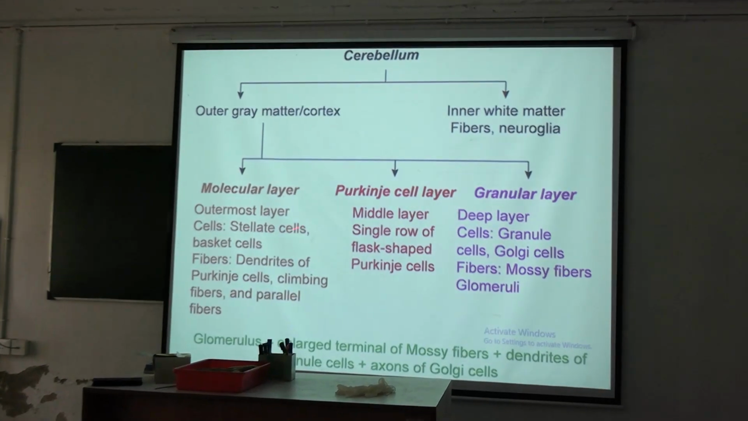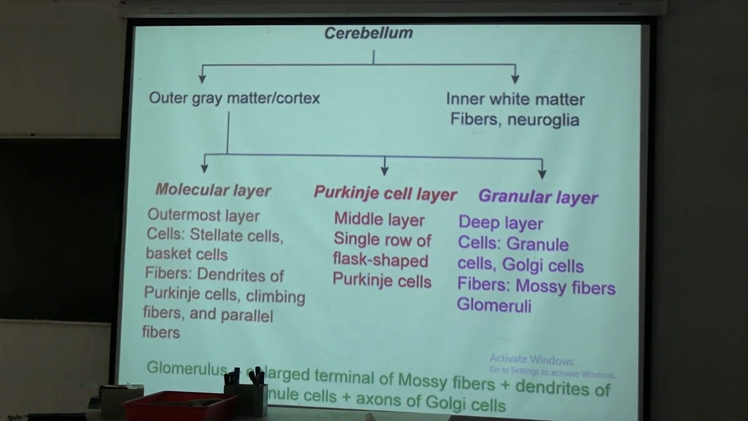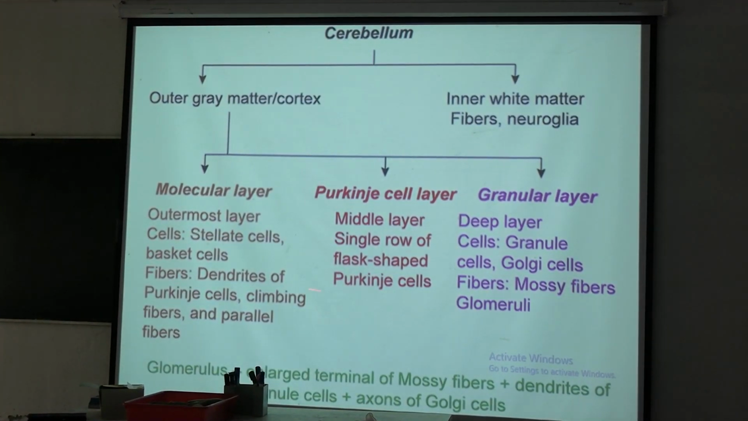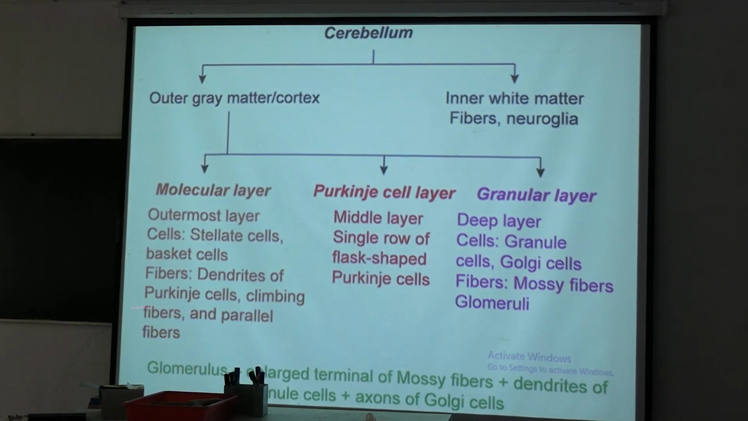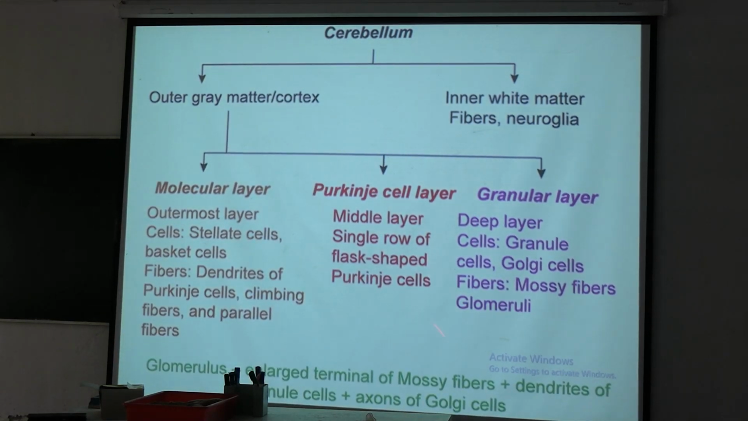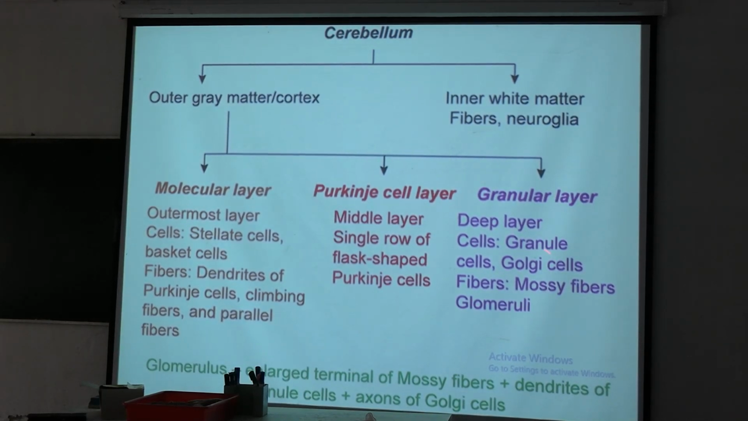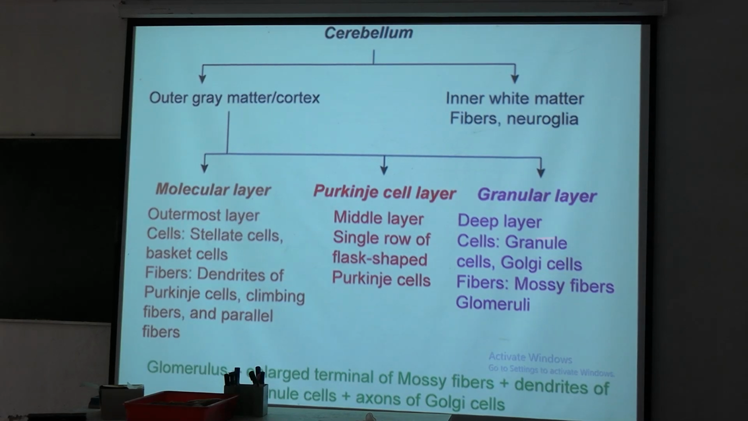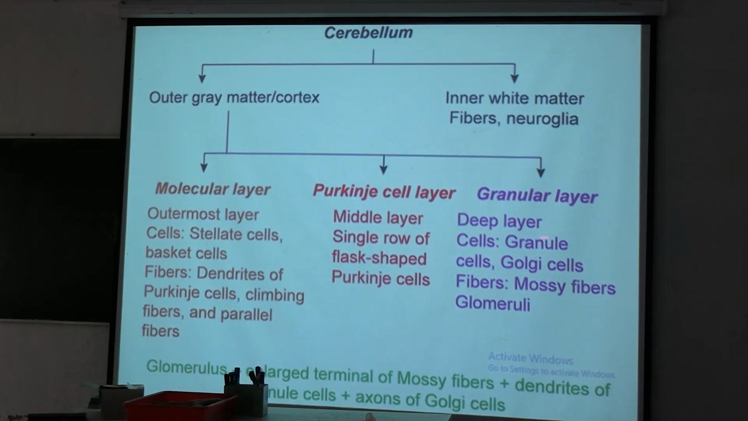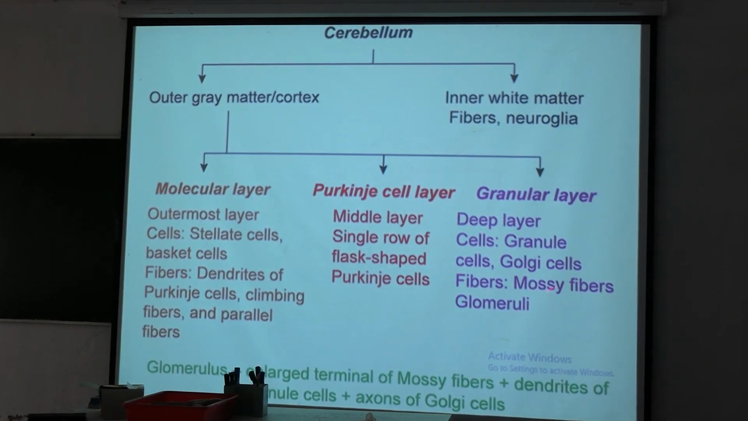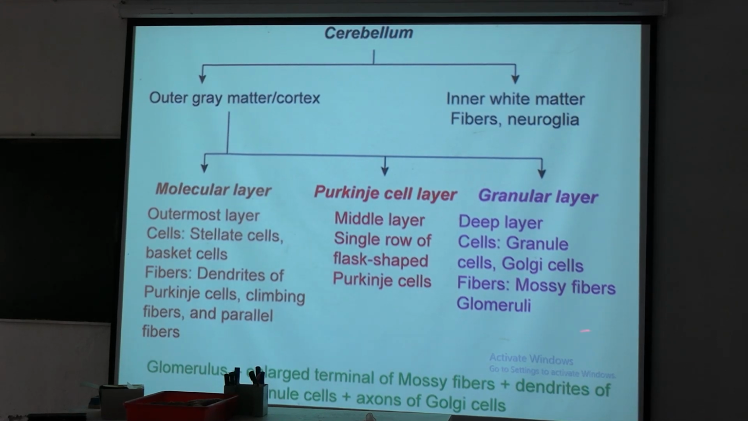Molecular layer is the outermost layer. Cells are stellate cells and basket cells. Fibers are dendrites of the Purkinje cells, climbing fibers and parallel fibers. Okay, and Purkinje cell layer is the middle layer, a single row of flask-shaped Purkinje cells. Granular layer is the deep layer, cells are granule cells and Golgi cells, and fibers are mossy fibers, and glomeruli formation is